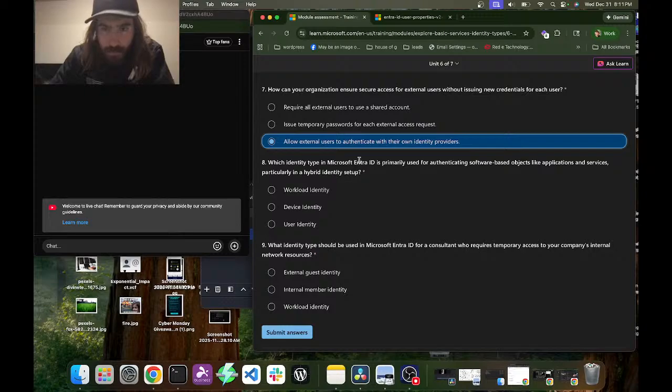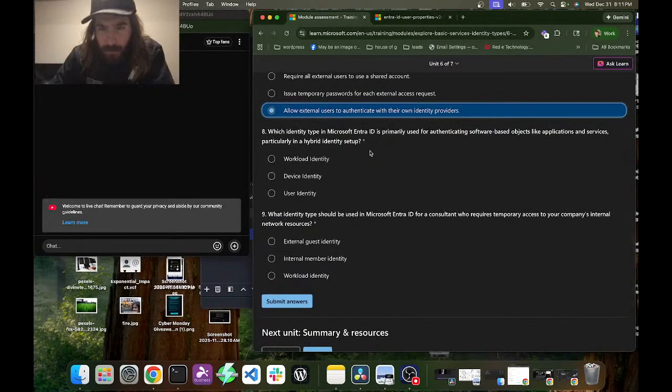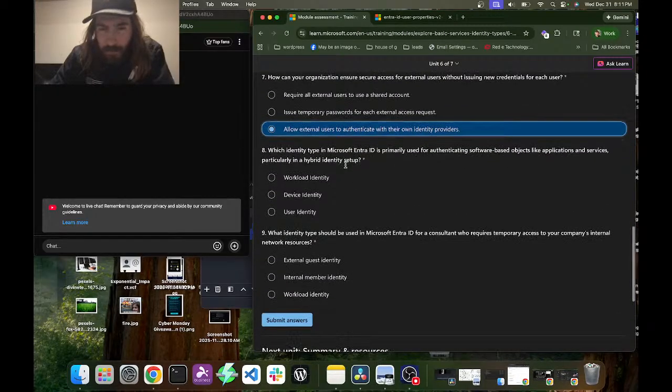So they can use like Facebook or LinkedIn. And then I think they can use Google too, those identity providers. I need a refresher on all the identity providers that are, we'll look that up.